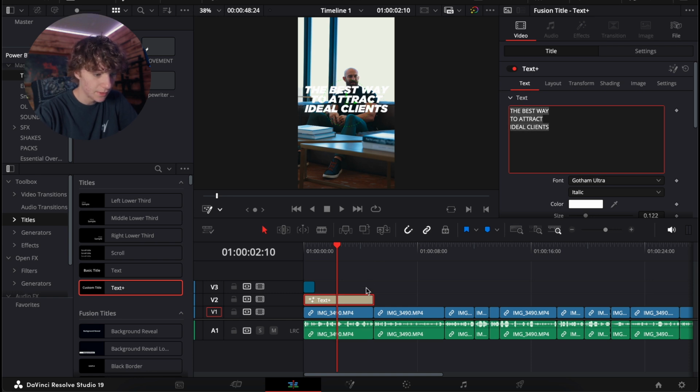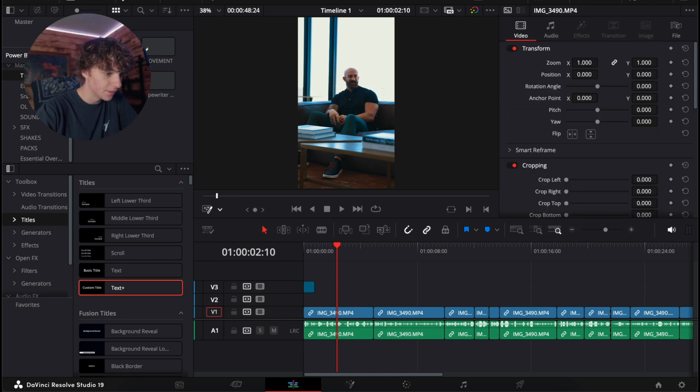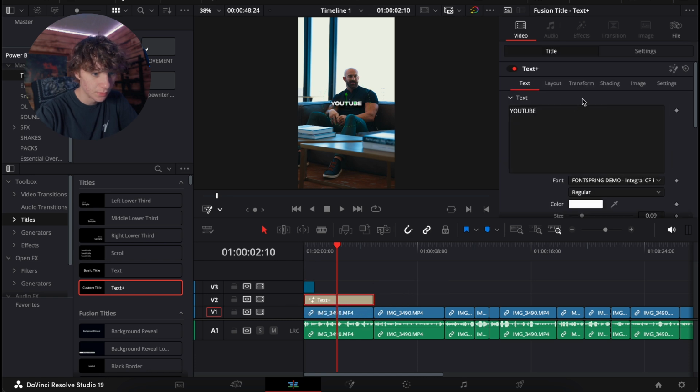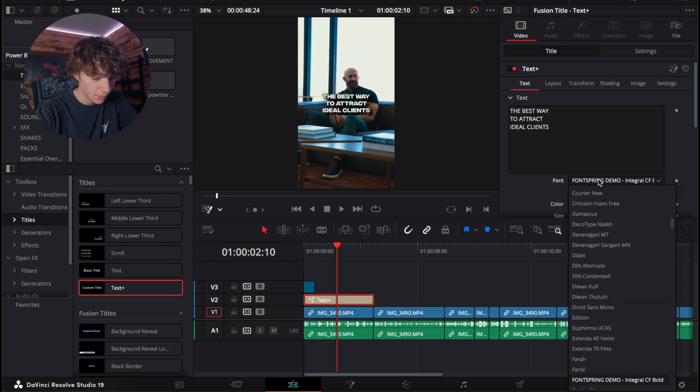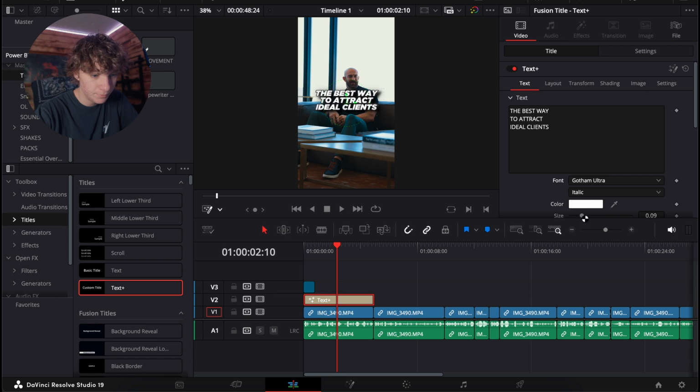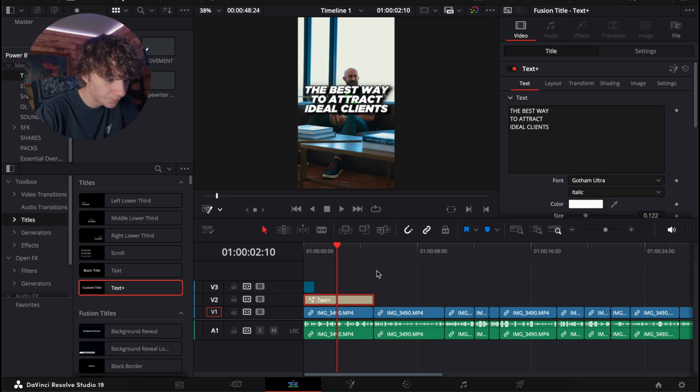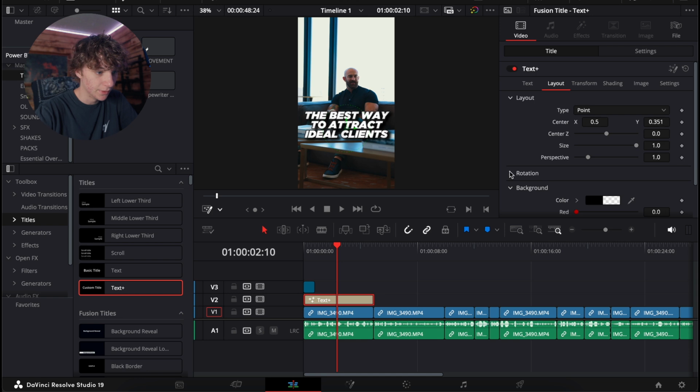I'm gonna actually copy this, and since I already have this effect right here, I'm just gonna copy and paste. And I'm gonna do Gotham Ultra. Zoom in like so, bring that down like right here. It's pretty good. You gotta think of the cover for the guy. So what I'm gonna do here is I'm gonna come